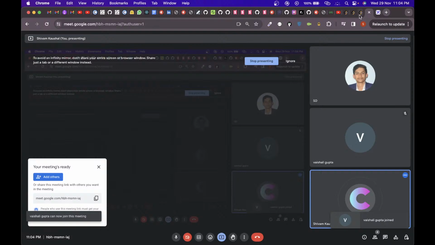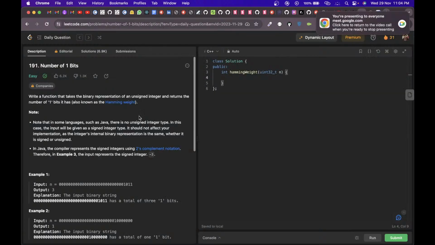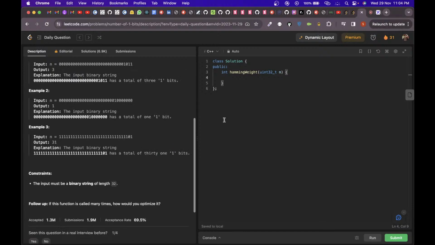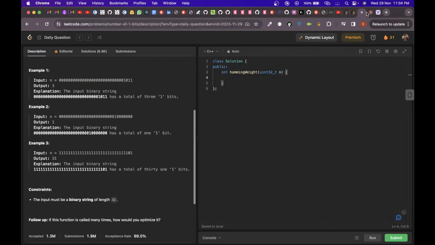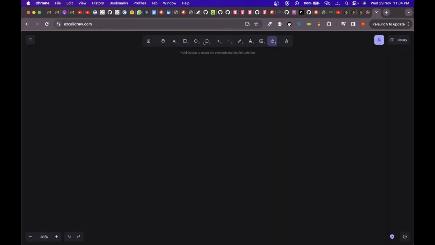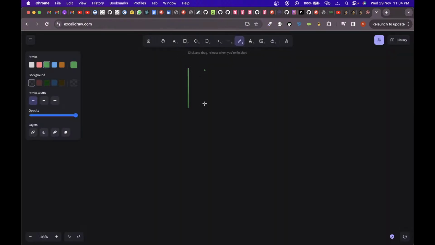So guys, our today's LeetCode question is counting the number of bits in an integer. We have been given an integer. Let's assume we have been given 11. So what is its binary representation? It is